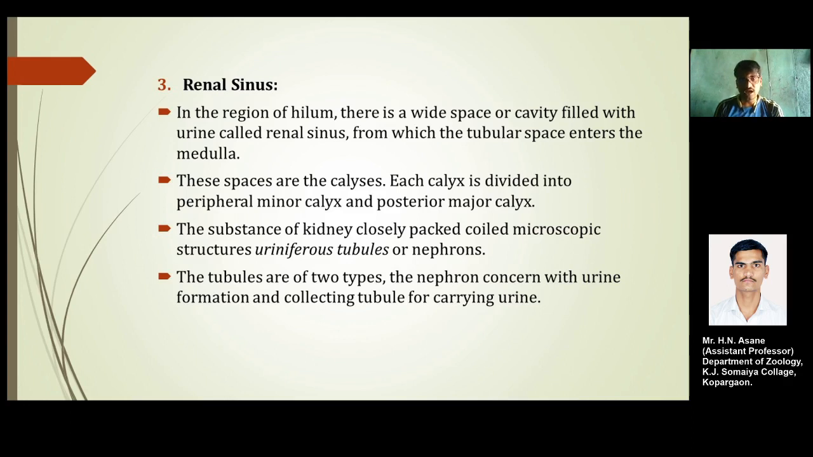So the tubules are of two types. The first one will be the nephrons, which are concerned with urine formation, and the second one will be the collecting tubules for carrying urine. So these two types of tubules are present in the renal sinuses or the kidneys. Okay,